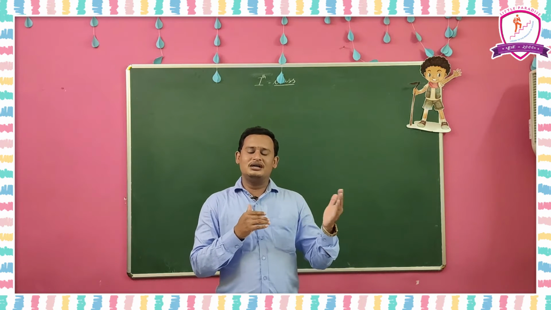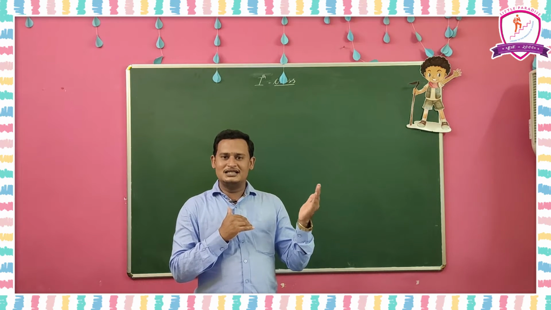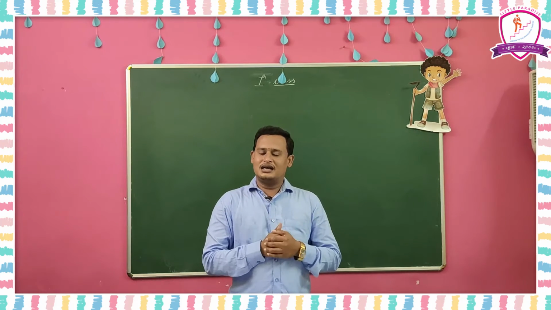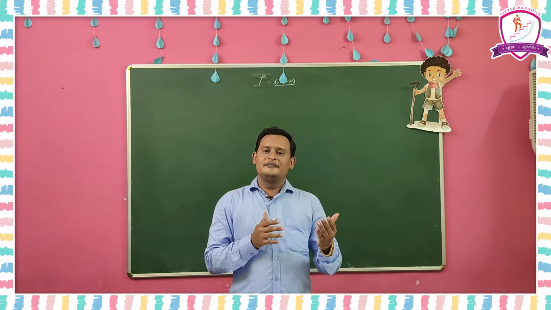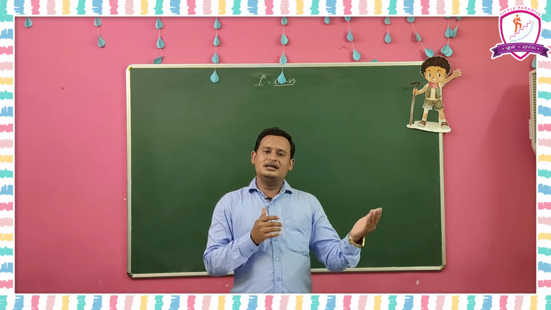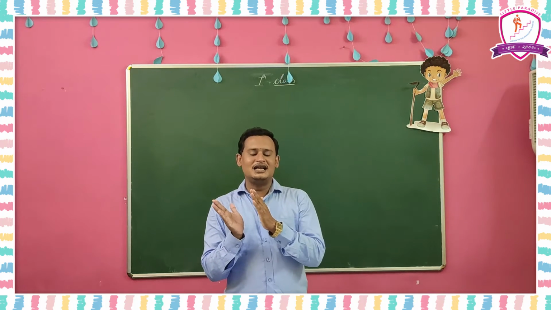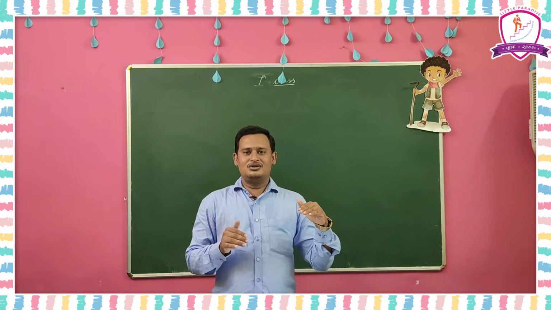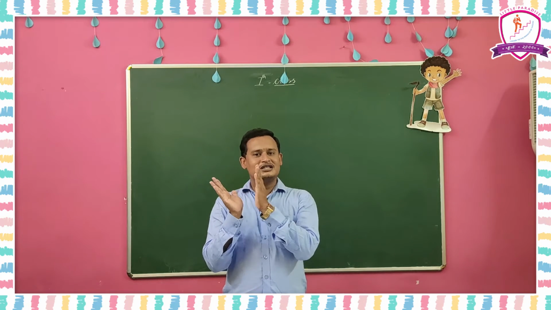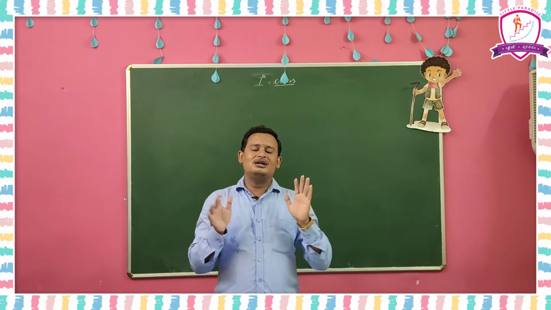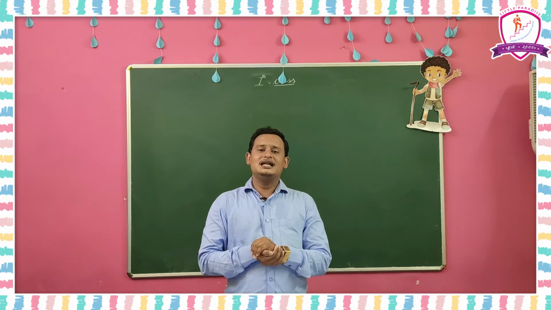If two angles have the same vertex and same arm, we can call those two angles adjacent angles. And next, the linear pair of angles. Linear pair of angles means the angles which are adjacent and on the same line. The two angles must be adjacent as well as on a straight line, then only we can call those angles a linear pair of angles.